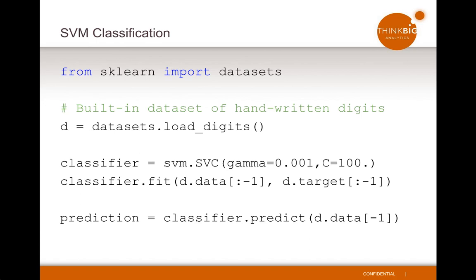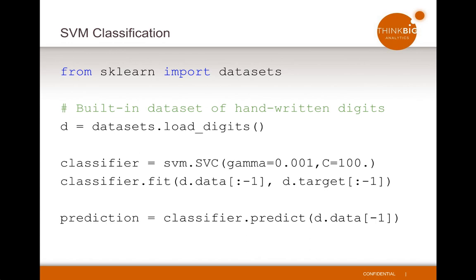So here's some very simple code that uses scikit-learn. I import the datasets library from scikit-learn. It has a lot of built-in standard datasets. The digits dataset is a bunch of images that are handwritten digits. R does the same thing in that it has some famous datasets that are built in for putting together example code. I generate a support vector machine classifier, and then I tell the classifier to fit itself to my data,